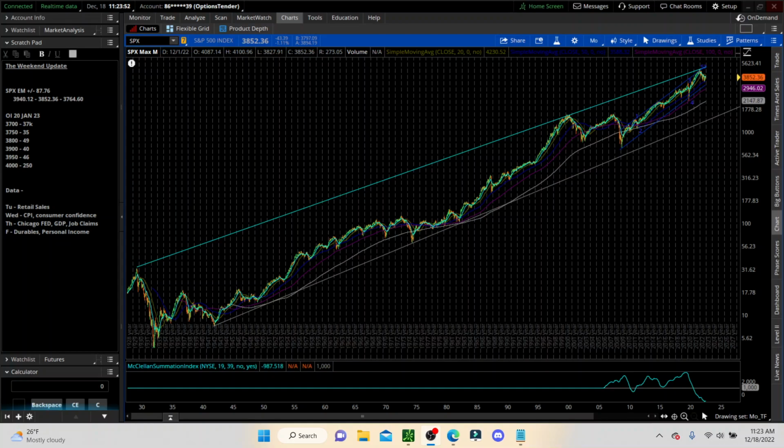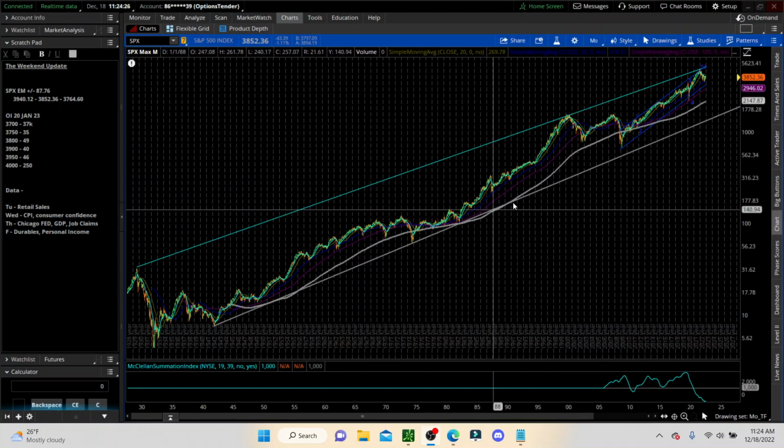But here we are on a monthly time frame. If we go back to the 1920s, put a trend line up to 2000, the dot-com bubble, and all the way up to this channel ending here, we hit that trend line once again. So this has been on there for months and months, but I just wanted to give that perspective from a long time ago on the wedge that's forming here.